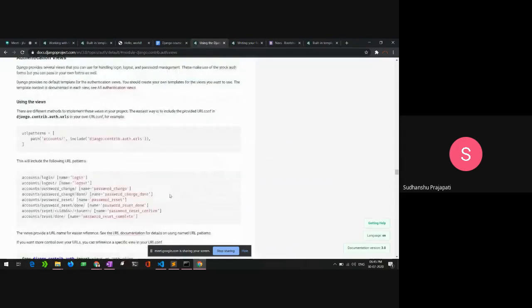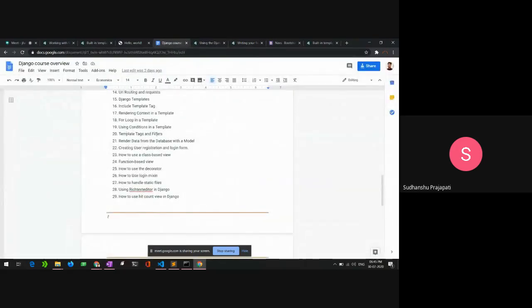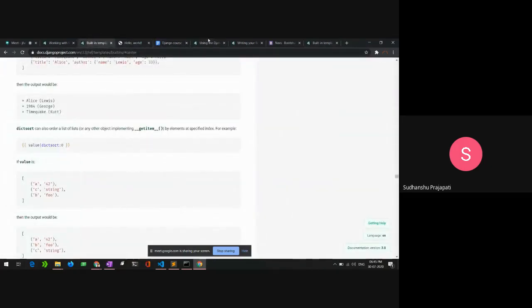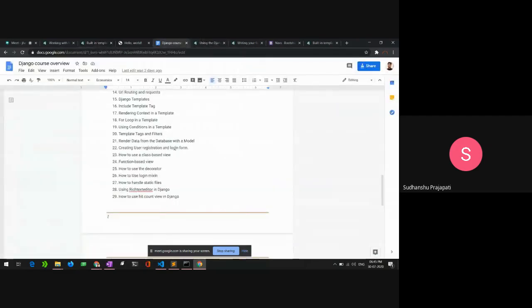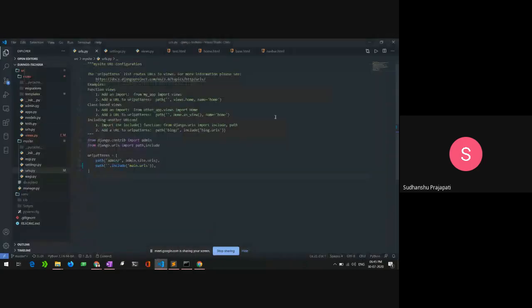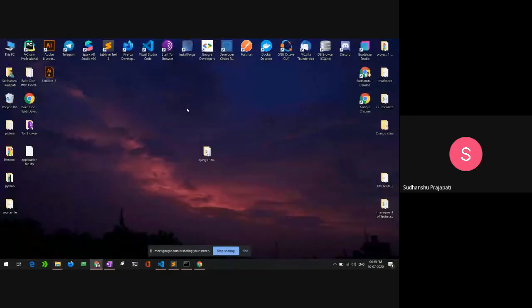We have covered conditions, template tags and filters, the built-in template tags for which I provided the link yesterday, and we rendered the data from the database with a model. Tomorrow we will create a user registration and login form, and I will also show how you can get data from the user using the form. Let me show you an example of what we'll be doing tomorrow.